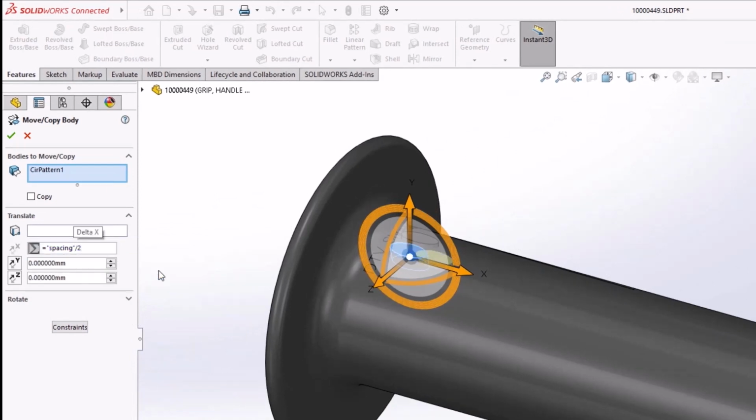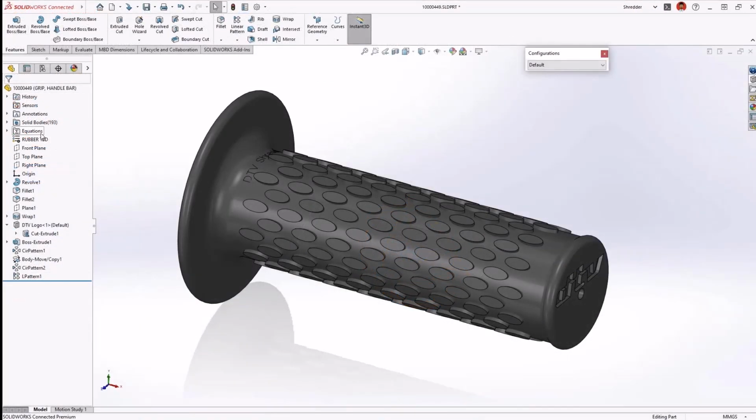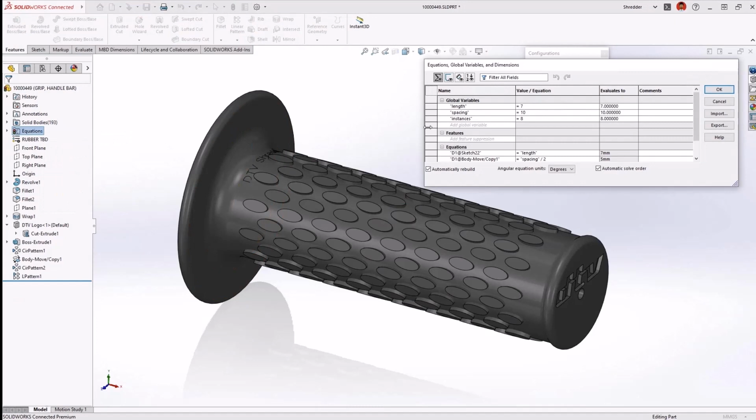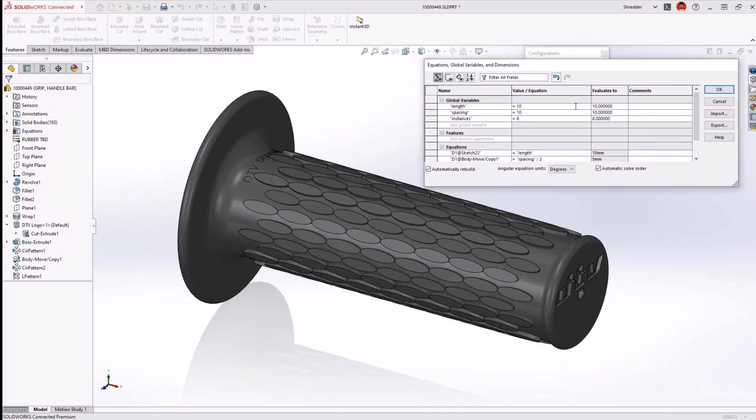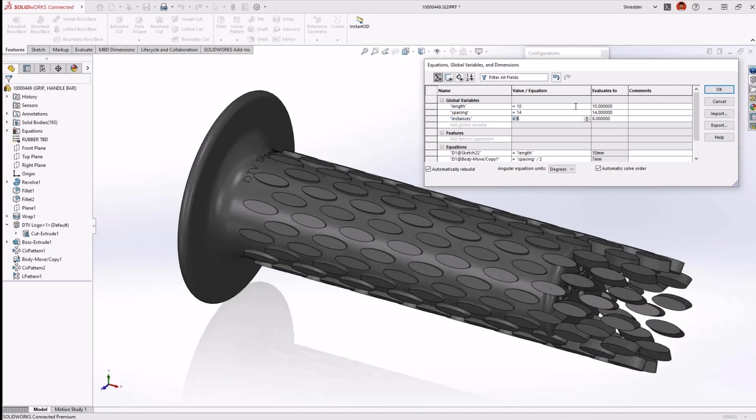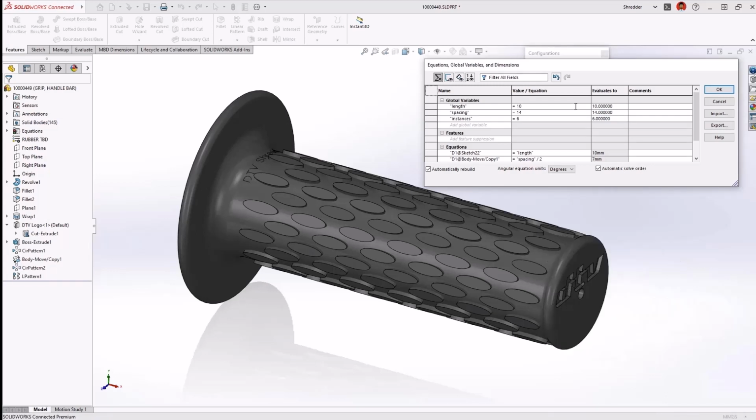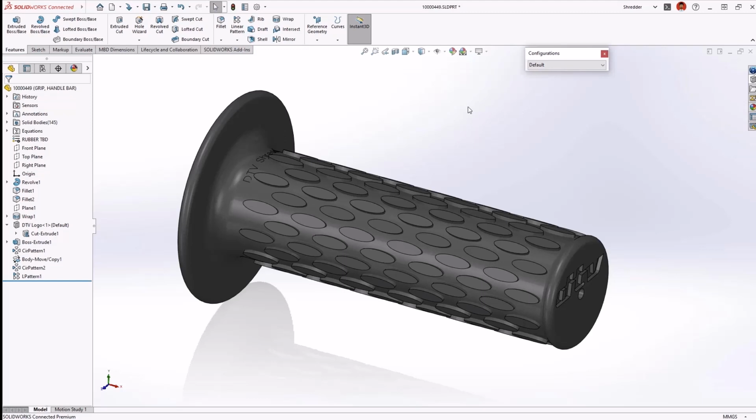Now, the move copy bodies command can define translation and rotation of bodies with equations, even on a per configuration basis. A design like this tends to be iterative, so having convenient access to these parameters will save time. Using these equations and variables in several features allows us to make broad changes without having to edit each individual